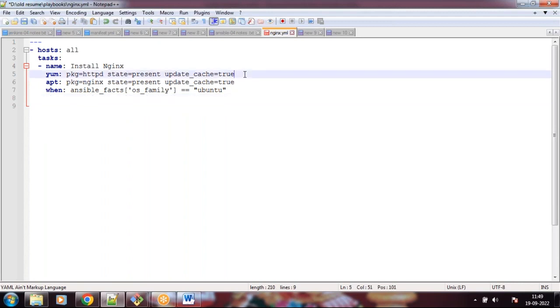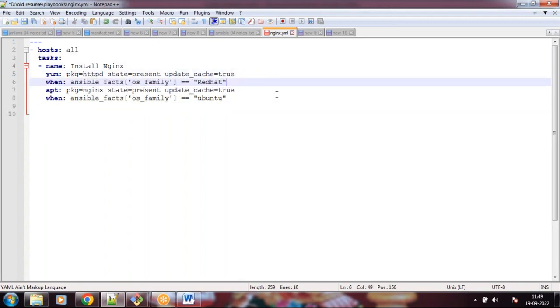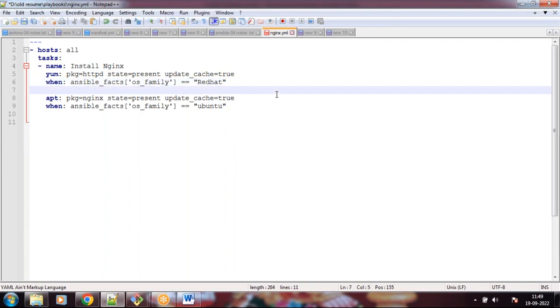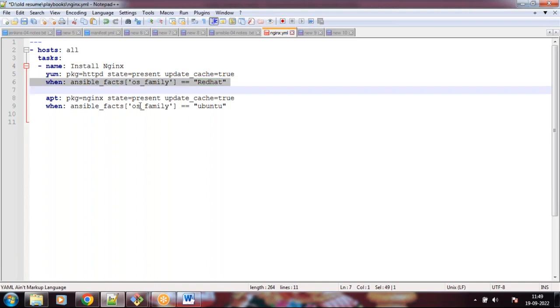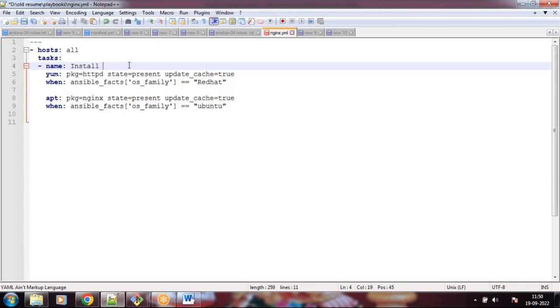This is an assignment for you. You guys should try. But I haven't given you any other assignment, only this one. This is the simple playbook I showed now. So write a simple playbook: the package httpd should be installed when my operating system is Red Hat. It should be Nginx if my operating system is Ubuntu. So then what will happen? In the Red Hat server, httpd will be installed, and in the Ubuntu server,